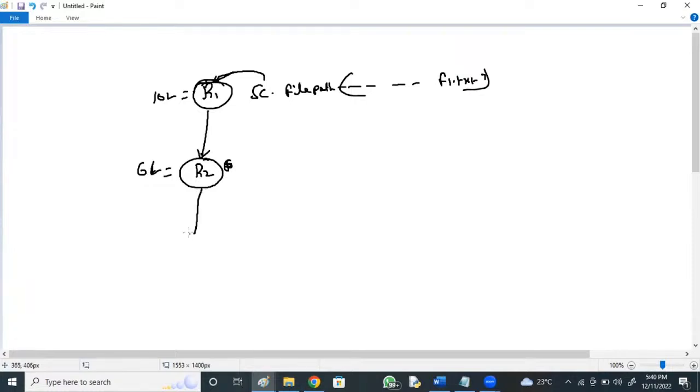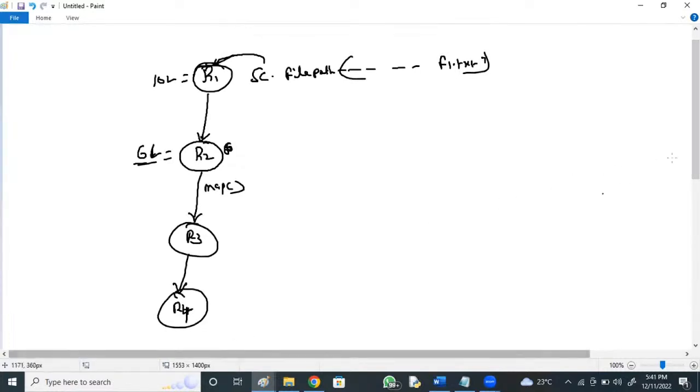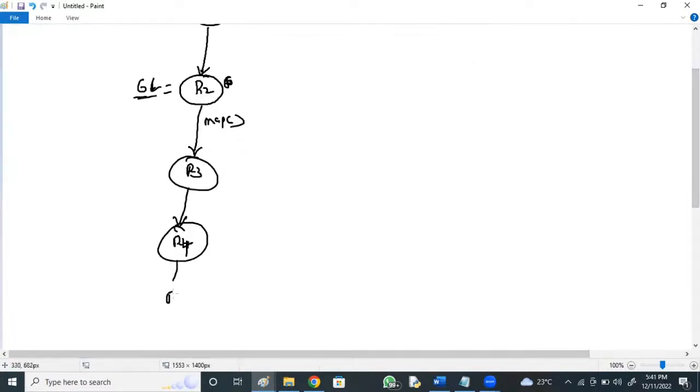From R2, for example, there are 6 lakh employee names starting with lowercase. I want to transform all the employee names to uppercase. With the map operation, you get R3. In R3, you see all the employee names in uppercase. Otherwise, from their locations I want to know their IP addresses, or from the IP addresses I want their city names generated. From R3, R4 gets generated. Some transformation, grouping operation or sorting operation, then R4 to R5.